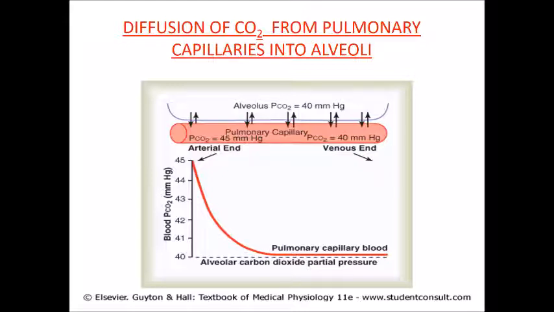Just like oxygen, here within total 1/3 of the length of the capillary, the equilibrium has been achieved. So we have 2/3 reserve in exercise time. So when a person is doing heavy exercise and producing so much quantities of carbon dioxide, we can still remove this carbon dioxide because we have 2/3 of the reserve. You can see in the diagram, the equilibrium is achieved once the blood passes through only 1/3 of the length of the pulmonary capillary.